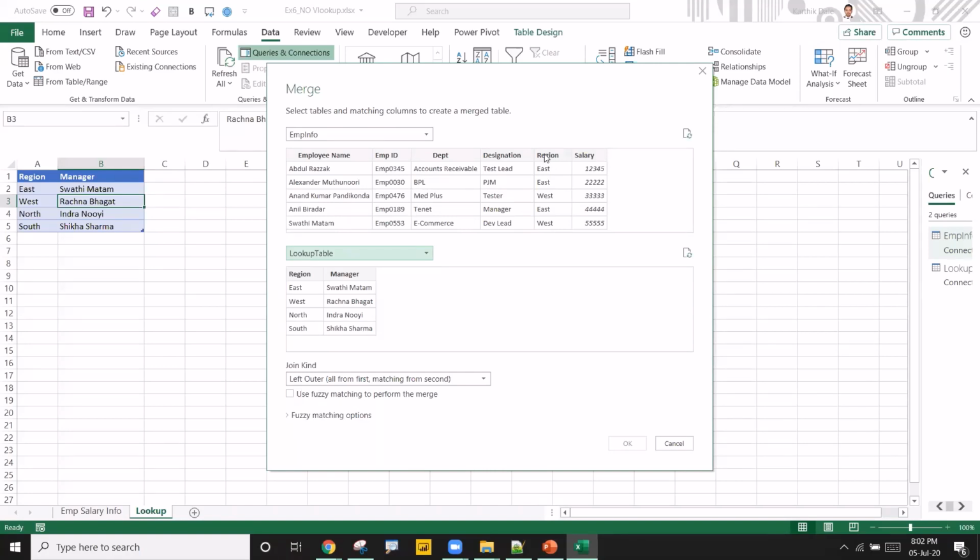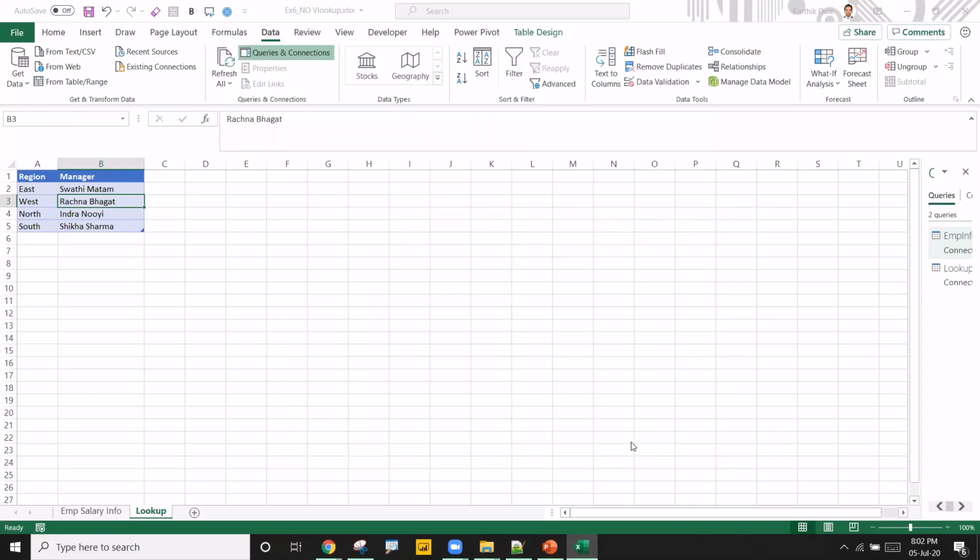You just select the region here and you select the region here. Why did I select these regions? Because in this table and in this table the common thing is the region. In the lookup table the regions are not duplicated, remember. Whereas here in the employee table, yes, the regions are duplicated many times, not a problem, because that is a transactional table, right? Here it is also showing that the selection matches 352 out of 352 rows in the first table. That's fine. There are actually different join kinds here, but I'm not getting into them. So I click OK here.